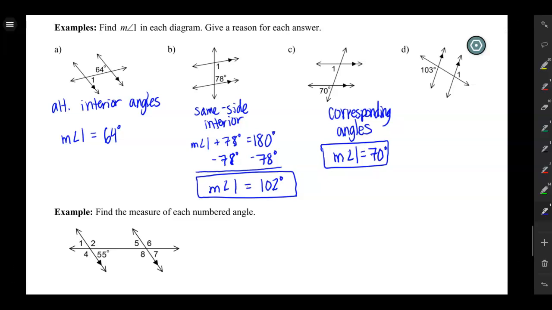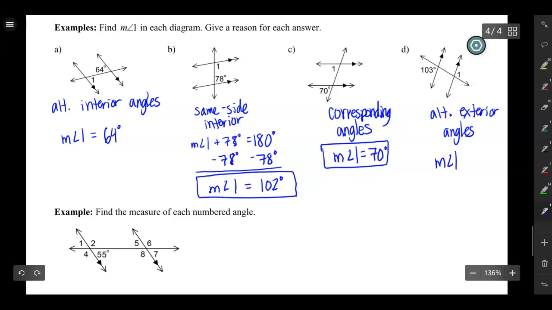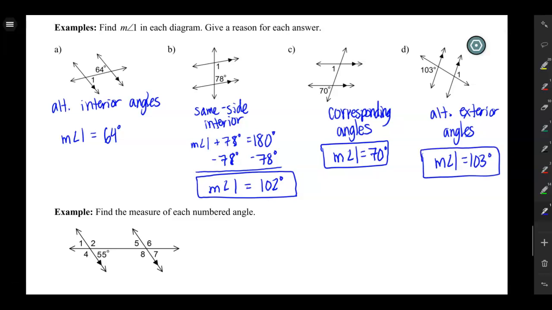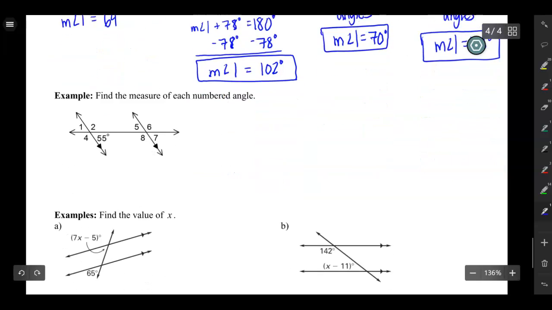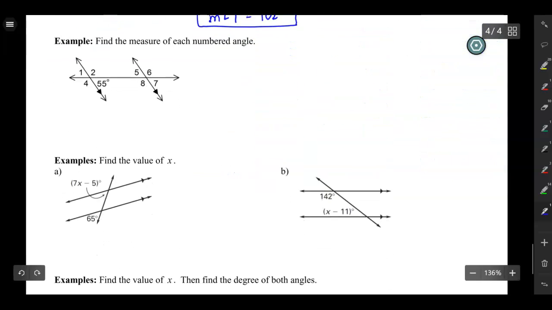Okay. And then our last example, we are looking at exterior angles that are on alternate sides of the transversal. So these are alternate exterior angles, which are congruent. So the measure of angle 1 is 103 degrees. Okay. So these 4 examples are pretty basic examples of how to use these 4 different types of angles to identify missing angle measures. In these next few examples, we're going to start getting a little trickier and try to identify maybe angles that are a little bit more